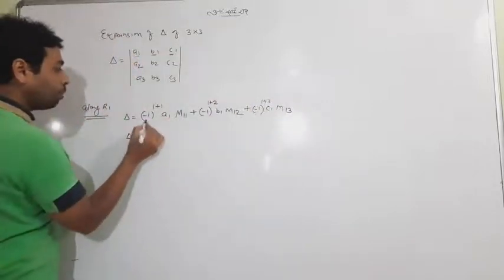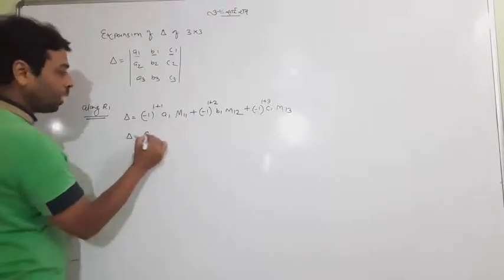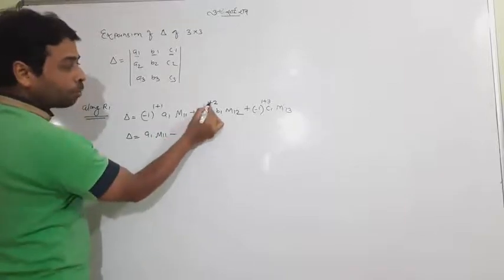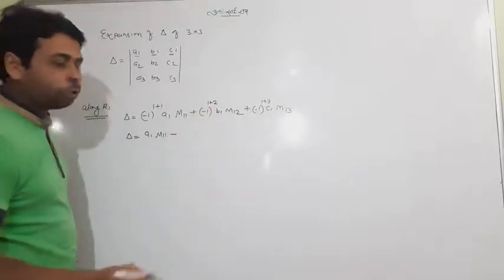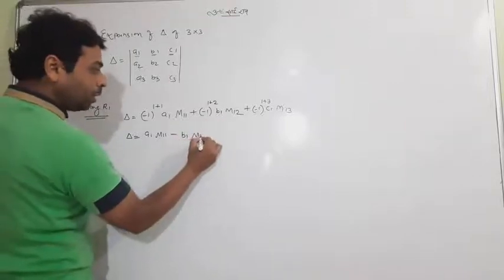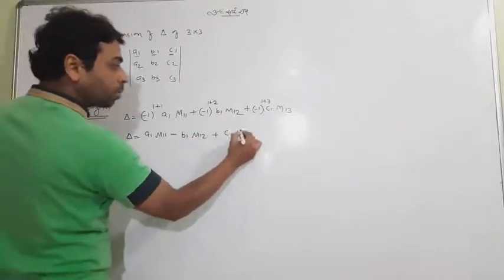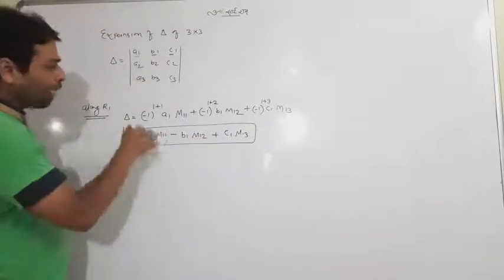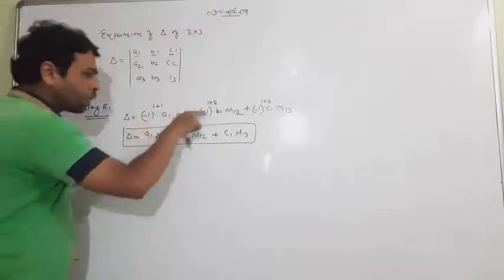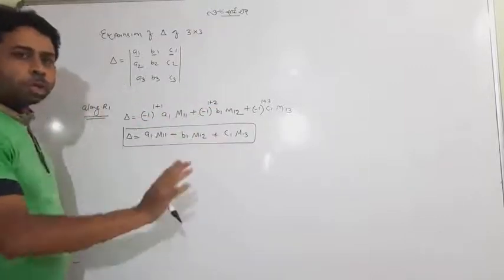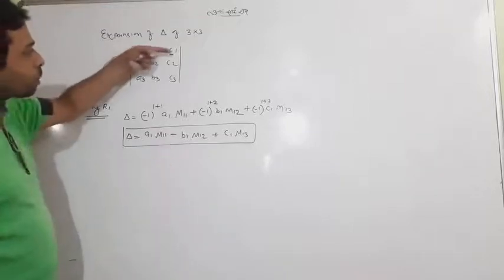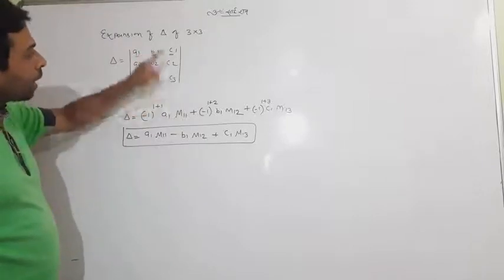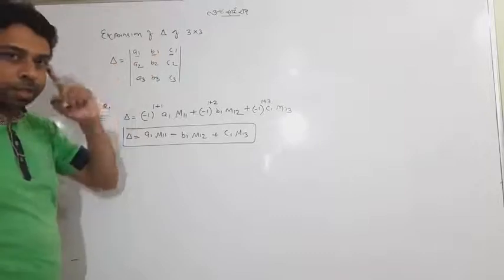After it, I taught you that minus 1 to the power 2 is positive, so only A1 comes, multiplied with its minor. Minus 1 to the power 3 is negative, so B1 with its minor, and finally it is positive, C1 with its minor. So keep in mind that this is the formula. We don't have to go through this particular formula always. We always have to remember this short formula. Along the first row, A1 comes with a plus sign with its minor, minus B1, and third, plus C1. So plus, minus, plus, keep that in mind.